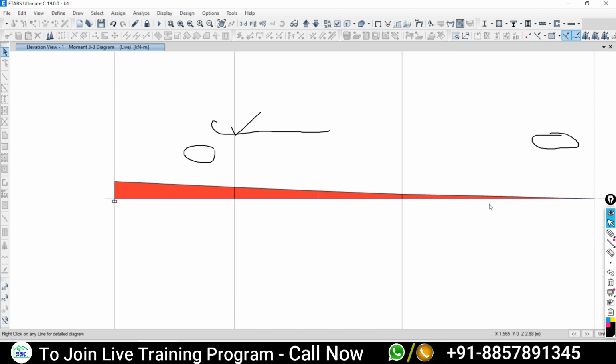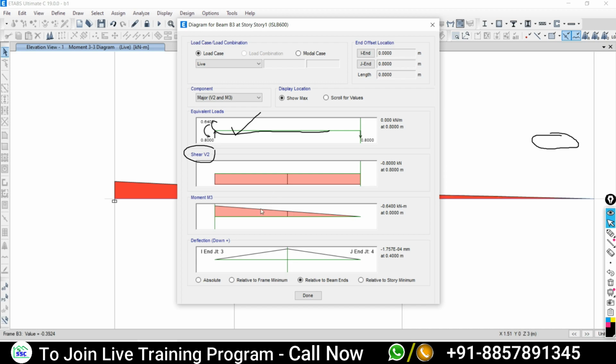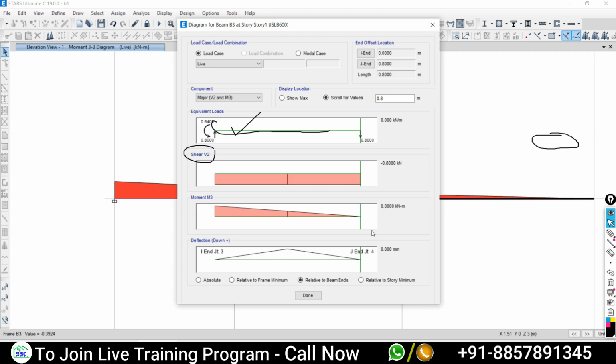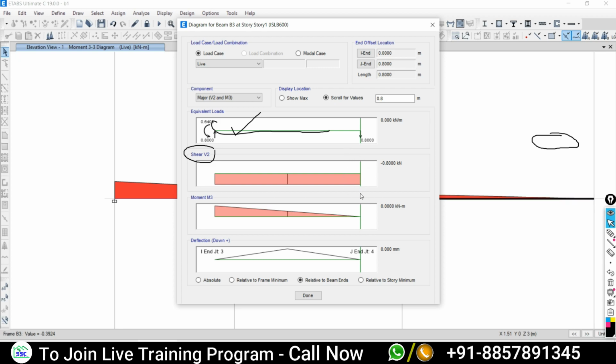Now come back, and when you click on this right end, the last part, right click over that. On the left side it is 640, and on the right side at the free end, as you all know very well, the moment will be 0. Simultaneously you are getting the shear force value. In this case, you can see your result at any point by moving your cursor along this length. Am I right or wrong? Is that all clear or not?